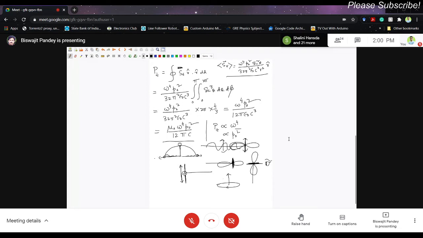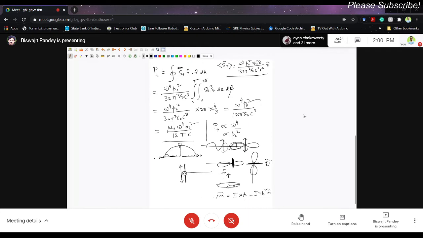I think you have learned this in your BSc. Area of the loop times the current. So the magnetic moment of this loop is given by the current times the area. If the radius is b, then it is I times pi b squared, along n cap, the normal to the plane. So this is the magnetic moment.